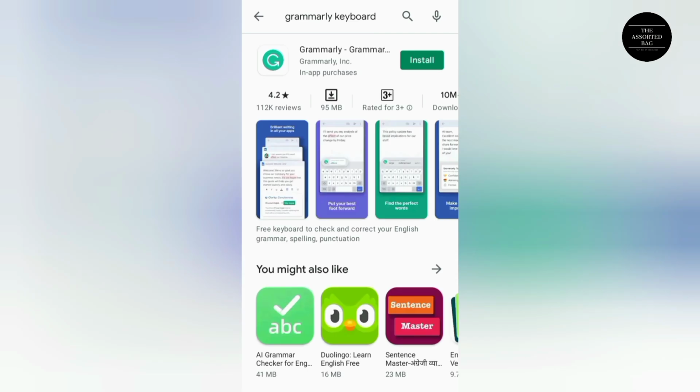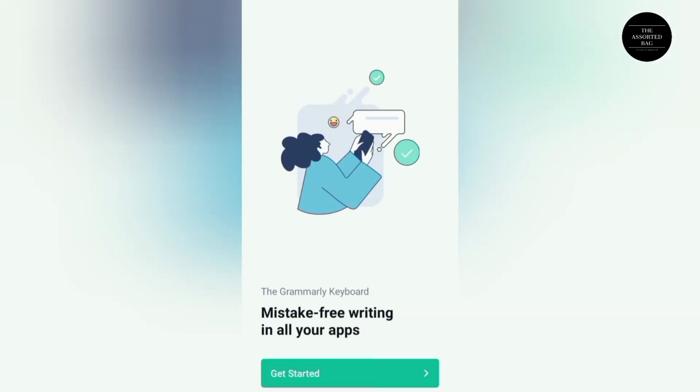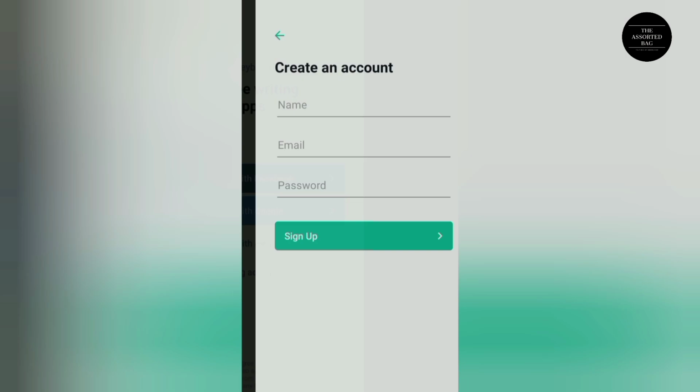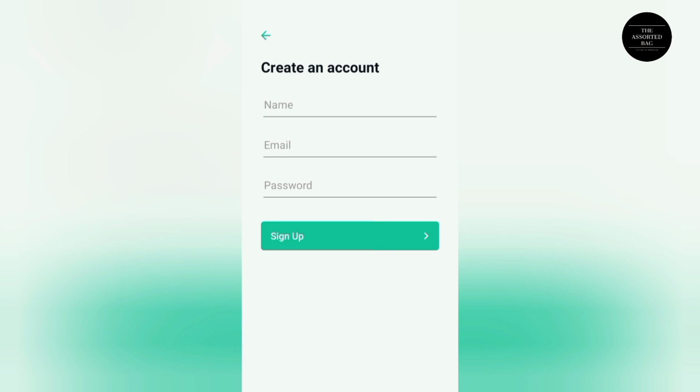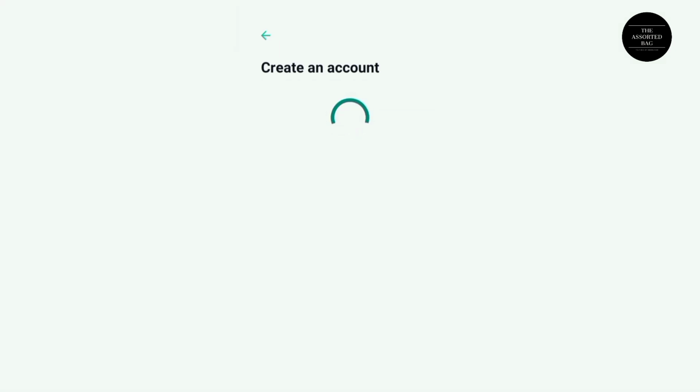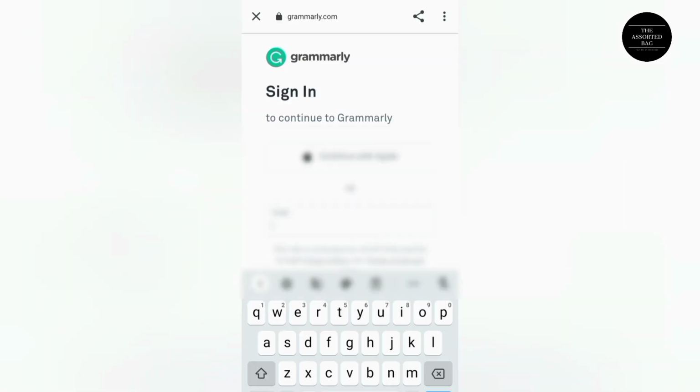Now we are at our Play Store and we are trying to install the Grammarly keyboard application. So once the installation is done, we shall be ready to use it right away. Use the link in the description box to download this application onto your phone. So as you see, the installation is complete, and now we shall open the application and let's go through its interface. So this is how the home screen looks, and this shall take you to the Get Started page, and here you need to create an account or log in if you have an existing account. So either you create a new account or log in using your existing user ID and password.